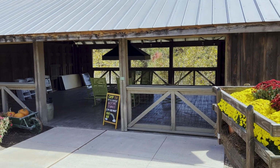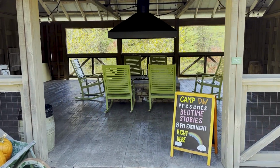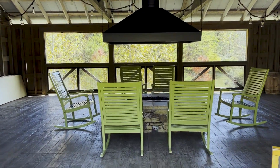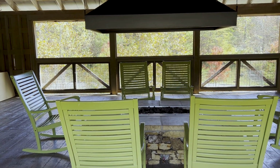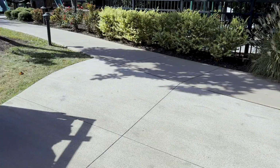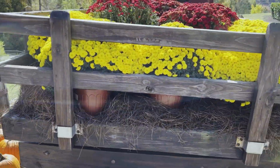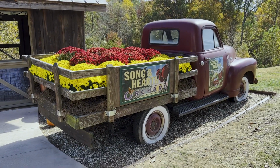During the nights they have a fire going, but this is where they do the bedtime stories, and also I believe they do s'mores out here too. This is a nice area for you to just come out here, grab a rocking chair, and just relax out here in the Smoky Mountains. I love this little truck. This little fall, very festive truck is just part of some of the decorations that they have here at the